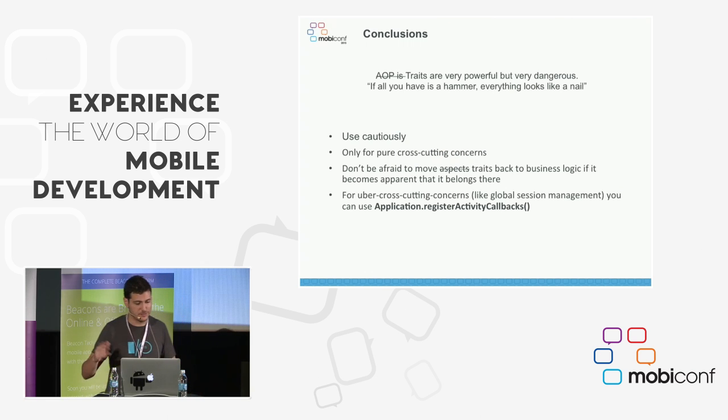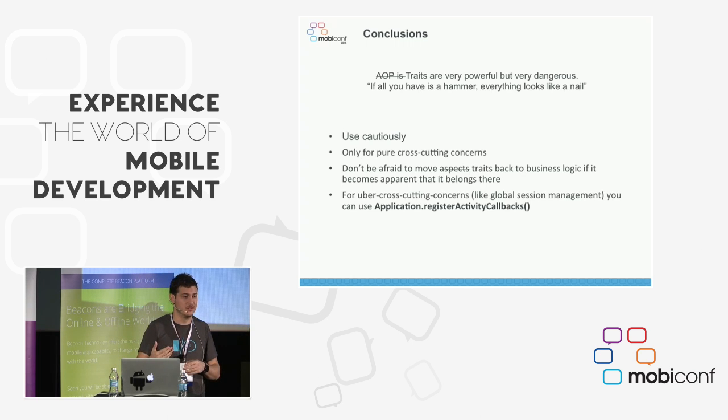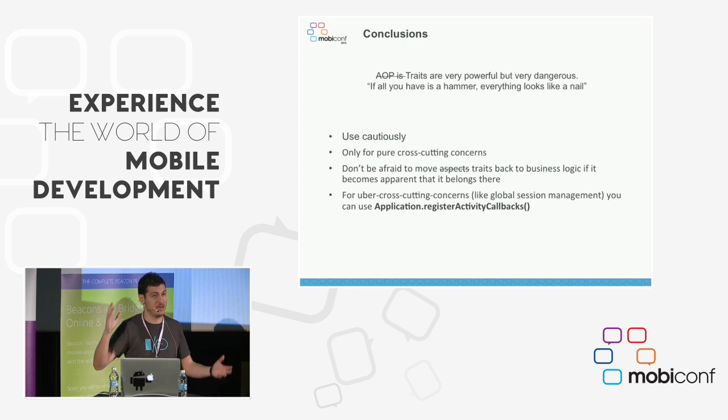Cool. So, traits. Traits are very useful. They basically allow you to get the cross-cutting concerns in your app, identify them, and reuse them very easily without you having to modify a lot of code. But they can be dangerous as well, because like any tool, if you have it, you think, oh, this is amazing, I can do everything like that. There is a separation there, because navigating that hierarchy of classes can be quite tricky. So you have to target specific things in your app. You have to identify them as cross-cutting concerns, things that apply in more than one place, and do use cautiously.